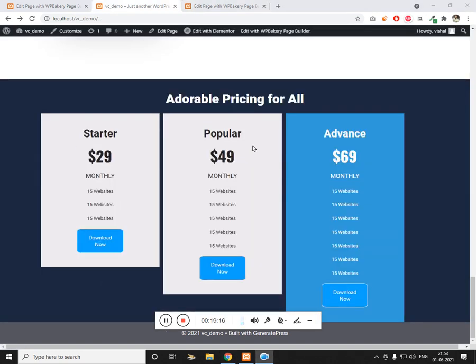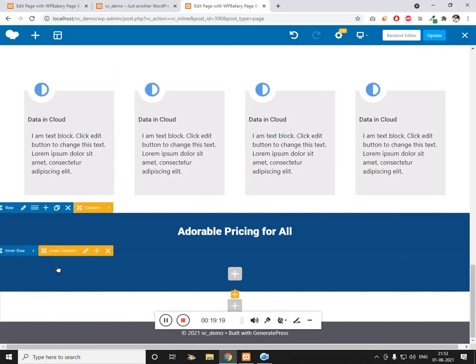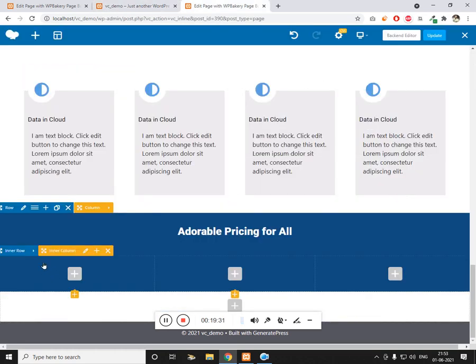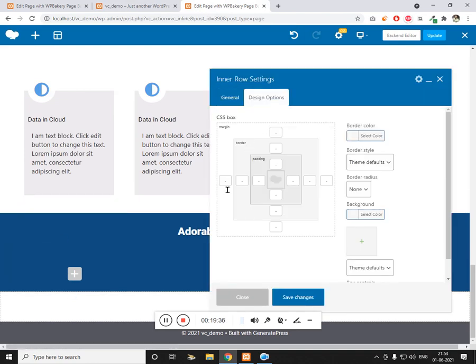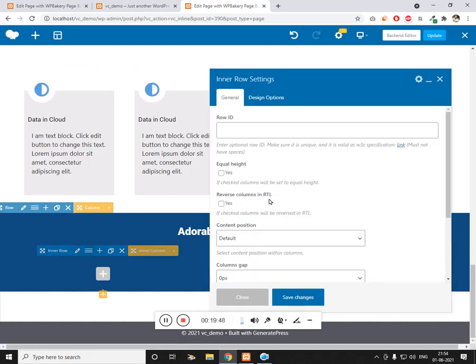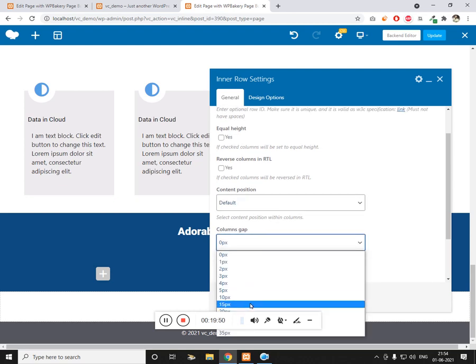So this is going to have 3 columns. And you can see there is some space on left and right, so we have to give margin. Let me make it 100. Click on save. And let's add the column gap, 15 pixel.